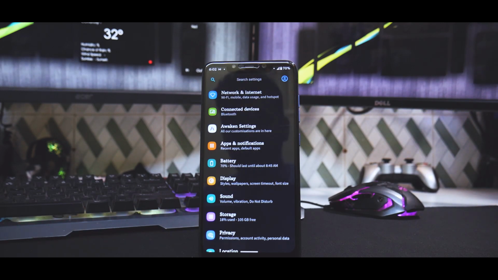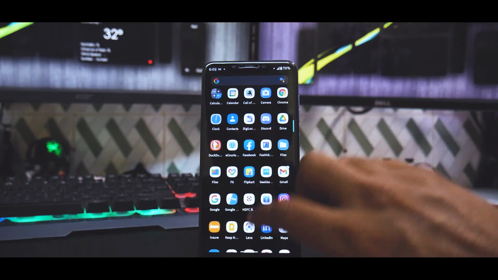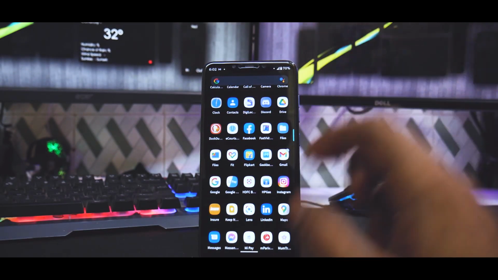Now next up, we are going to talk about battery and charging. Now that is something I was really surprised and impressed with. The first part I was impressed with, the second part not so much. I'll explain how. So let's go ahead and have a look at some screenshots that I have preserved when I was using the phone